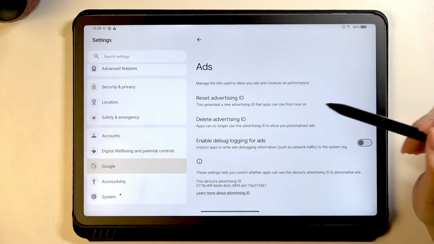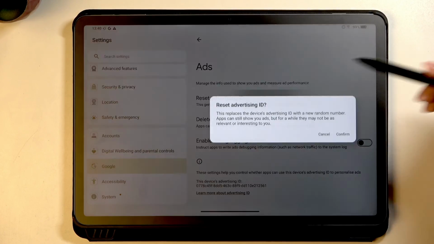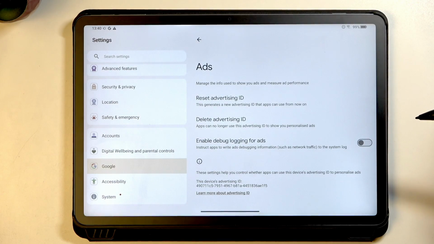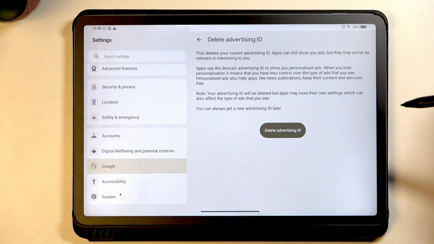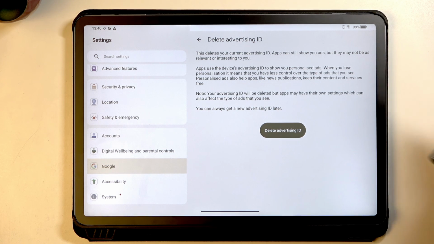So here we've got two different options. We can either reset advertising ID or remove it, and I highly recommend to start with resetting it. Just tap on it and tap on confirm, and then tap on delete advertising ID. Here you've got the information which you can of course read, and obviously this operation will not turn off the ads completely, but